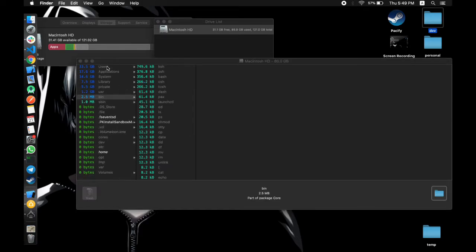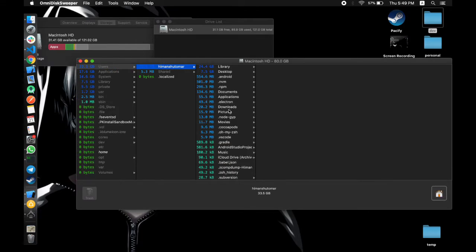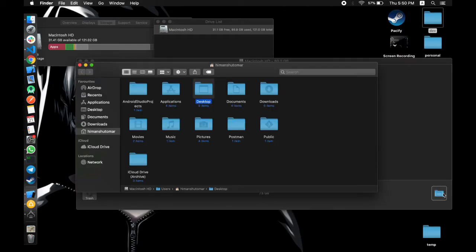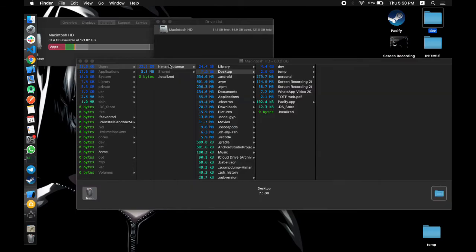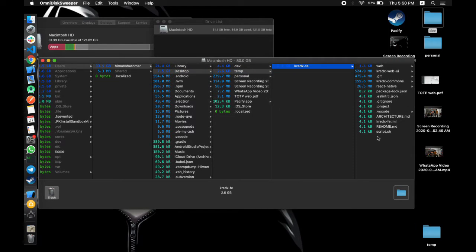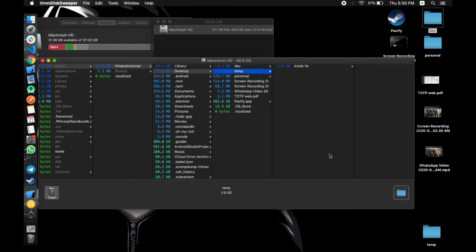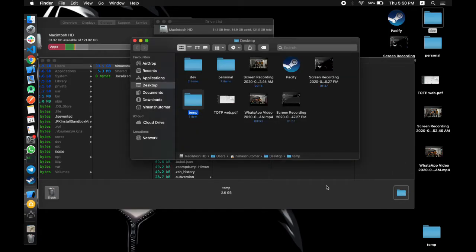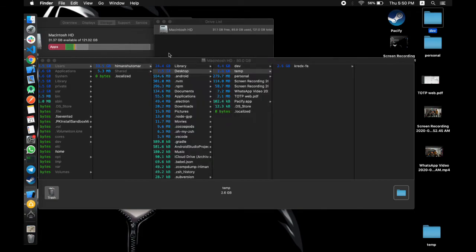Also, to delete any file, what you have to do is just navigate to the file. If you want to go to Desktop, you can directly click on this and it will open up the Desktop directory, and you can delete the files in it. I'll delete a file here just for an example. I'll delete this script.sh. You just have to tap on Trash and it'll be deleted. For some files it won't be deleted because it requires root permission. So what you can do is click on this folder icon, and then it'll open up the whole directory, and then you can manually delete it from there. So that's the deleting part.